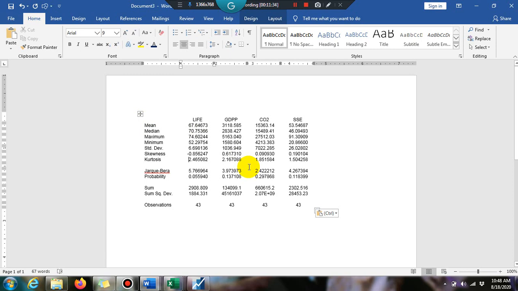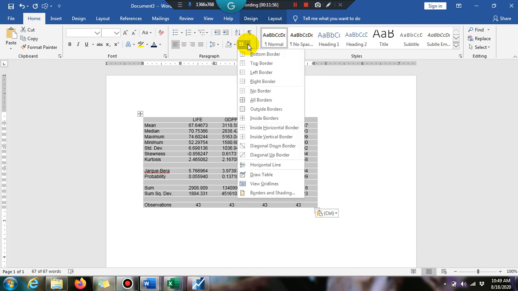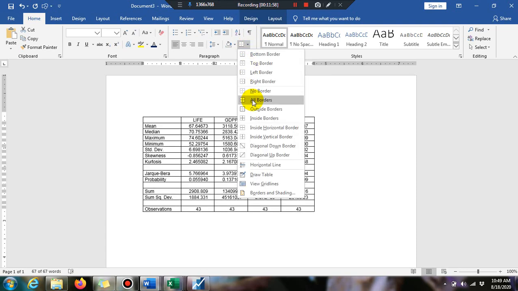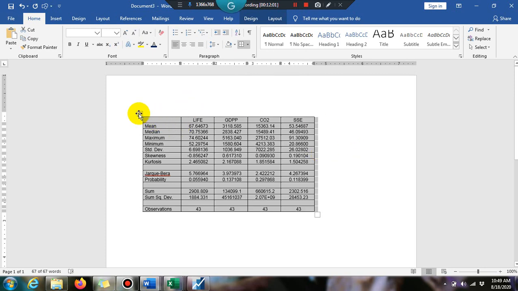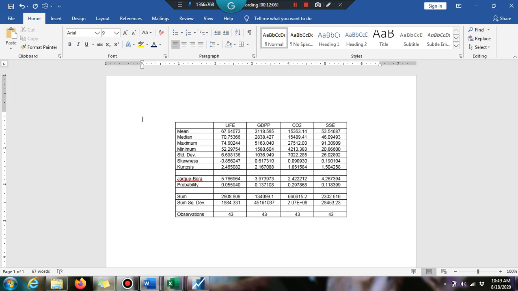Normally supervisors and examiners don't like it exactly like this, so you have to make a proper table of it. Select all the outcome, click on borders, and then choose borders from all sides. Now we have a table, and I press Control E to center it. This is the descriptive stats of your variables.